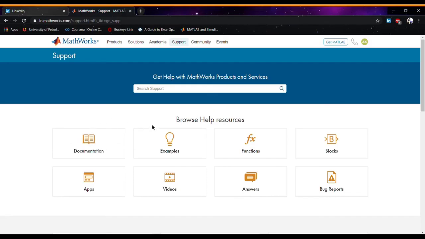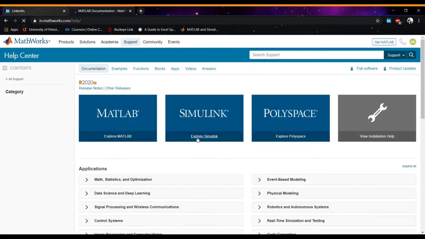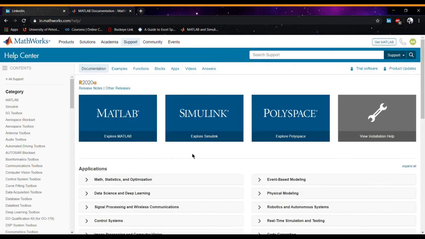Another great place to look at the documentation is the MathWorks website, where you can click on documentation and search for functions that you don't know about, and there is a large support group of people who can even answer your question if you have any doubts.